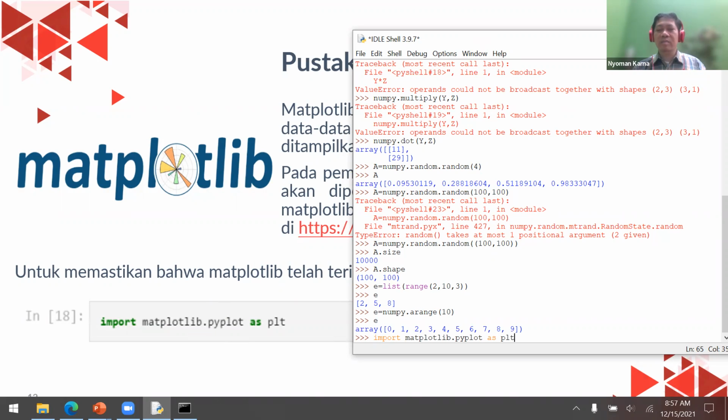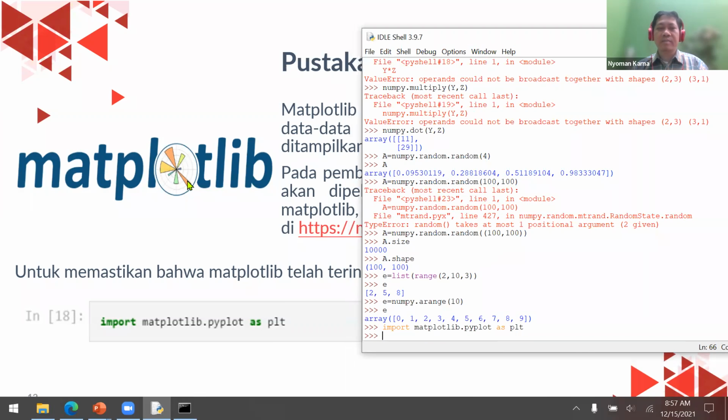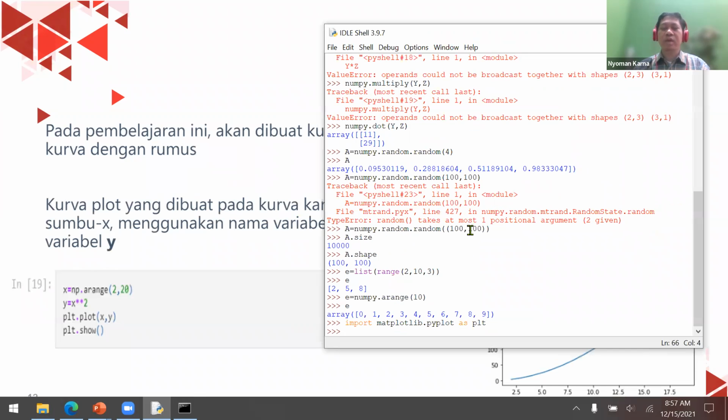You can use another name like only PL or PT, but here we're going to use plt. Okay, if on your side it gives an error, then make sure that matplotlib is already installed in your Python. Now let's try to use matplotlib.